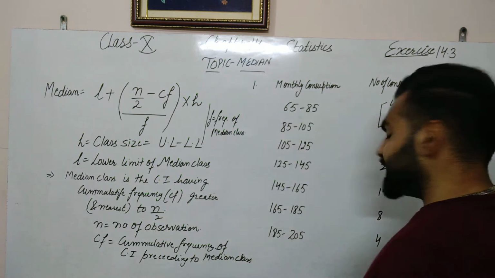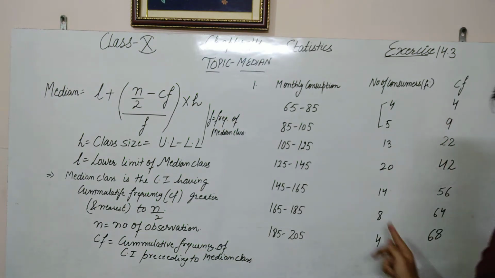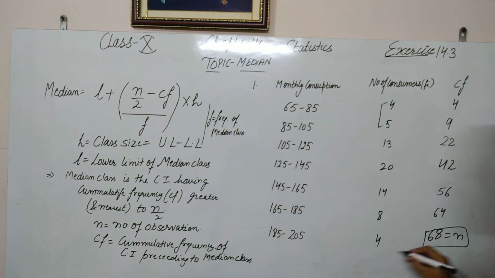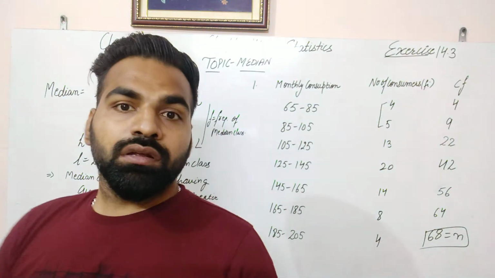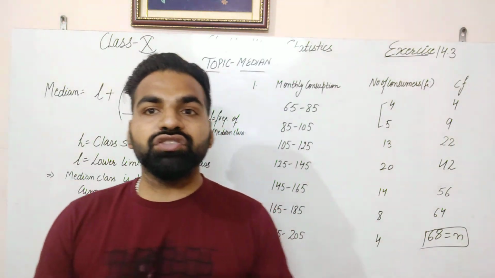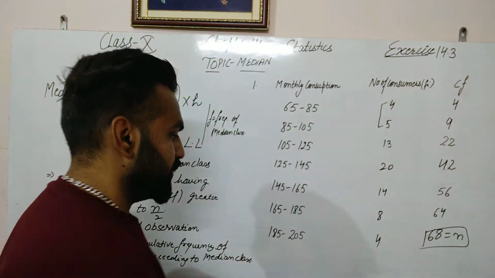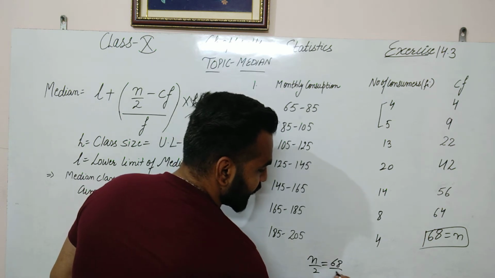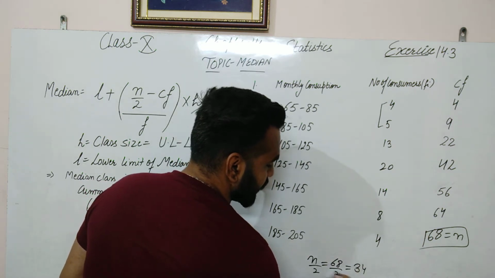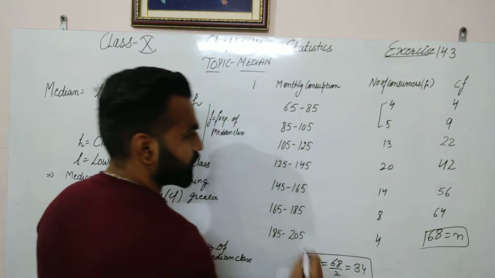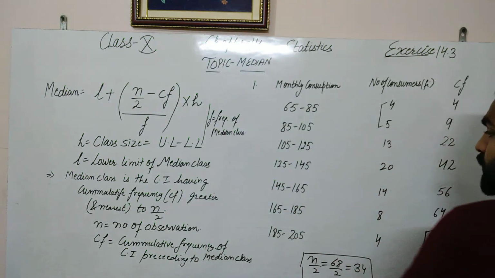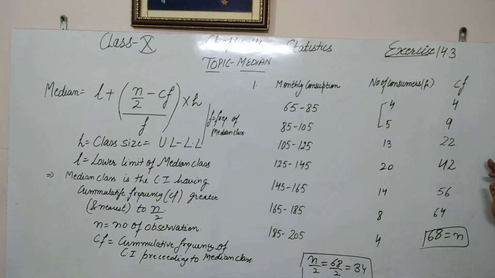Clear? So basically this 68 is the total of all the frequencies here, and this is the value of n. Clear everyone? So this is the value of n. Now we have to check the value of n by 2 here. So what is n by 2? n by 2 will be 68 by 2, that is equal to 34. Clear? So this is how to calculate CF, and next how to calculate